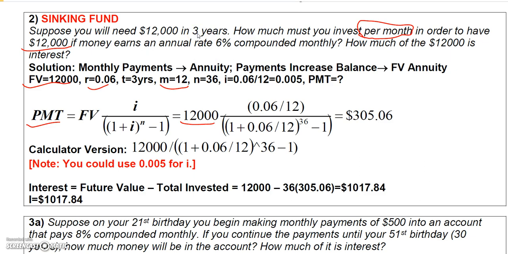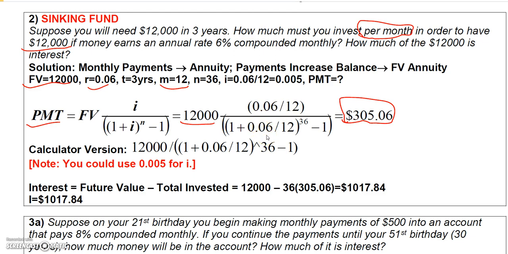So if you make monthly payments for 3 years, that would be a total of 36 periods, 3 times 12. And then, of course, minus 1. And again, you can do this on your calculator, and you should get 305.06 for your answer. Now, actually, I could have used 0.005 here instead of 0.06 over 12, because that would